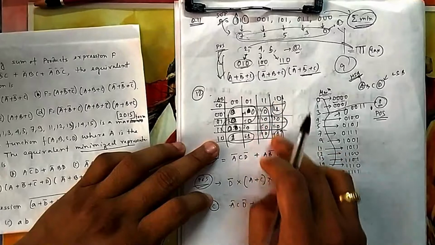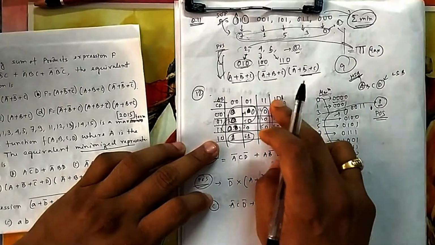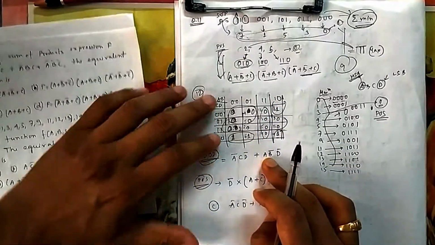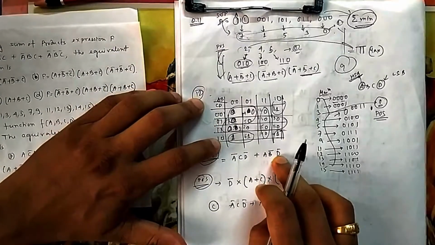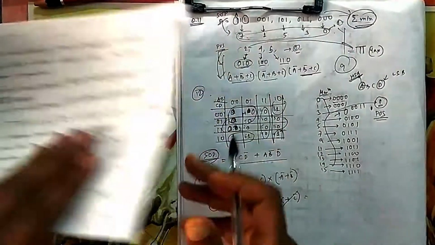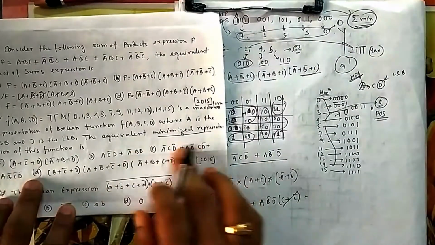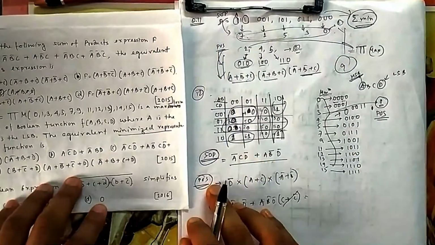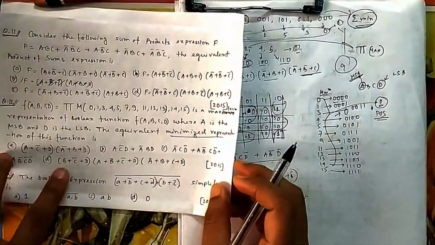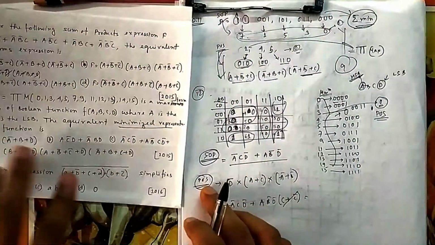And here from this to this, what is not changing? A and B are not changing, so A B bar, and what is not changing, you can see D is 0 here, D is 0 here, so D bar. So check the options whether you have it. My initial look shows no option is satisfying this condition. So let me remove it, and let me calculate POS also, as the options may be from A and D also, that is in POS.